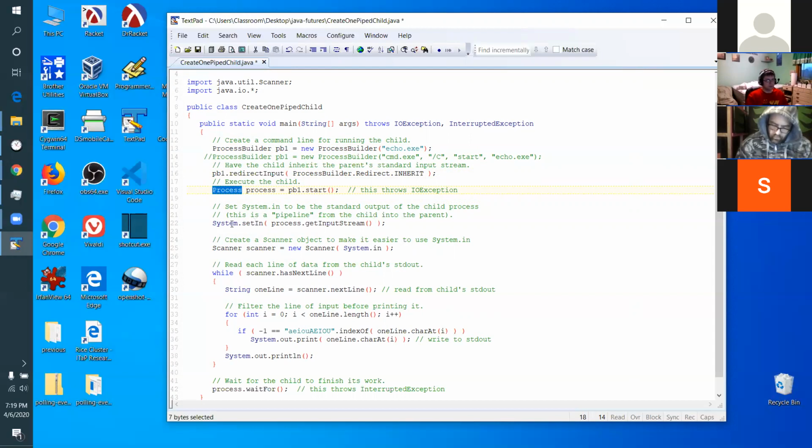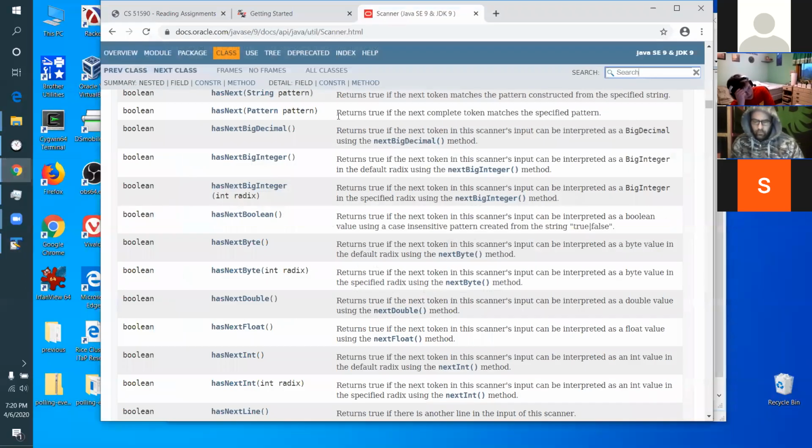What I'm going to do here is, on this Java process, I'm going to set its standard input to be an input stream from the running process. So we can print to the processes. No, it's the opposite. When I get an input stream, I'm reading the output of the child process. Remember, we've seen this before. When you connect the output of something to the input of something, what do you want to emphasize? Whose output it is or whose input it is? So get input stream is getting an input to the parent process. So it's getting the output stream of the child process and sending it to the input stream of the parent process. And if you go read the Java documentation,